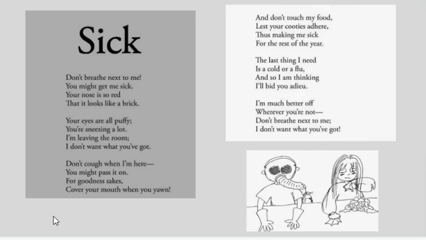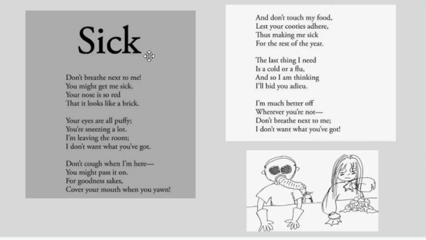It's called Sick. Don't breathe next to me, you might get me sick. Your nose is so red that it looks like a brick. Your eyes are all puffy, you're sneezing a lot. I'm leaving the room, I don't want what you've got. Don't cough when I'm here, you might pass it on. For goodness sakes, cover your mouth when you yawn.